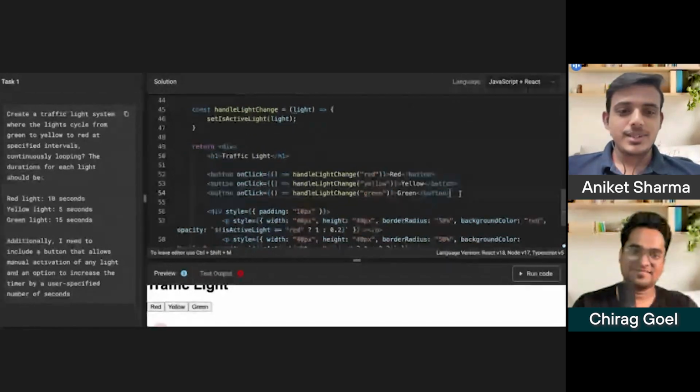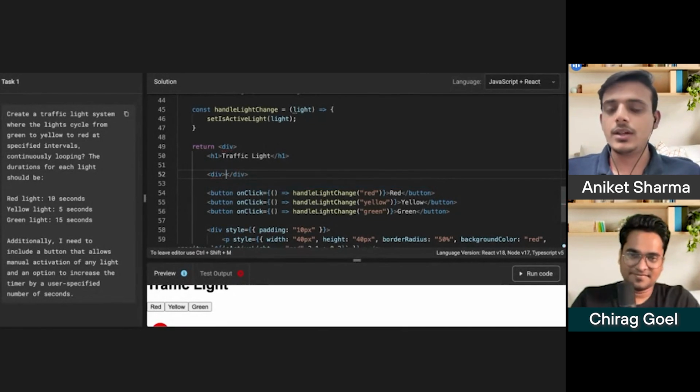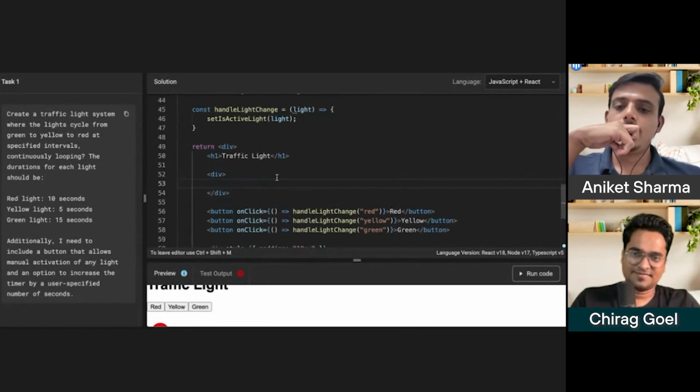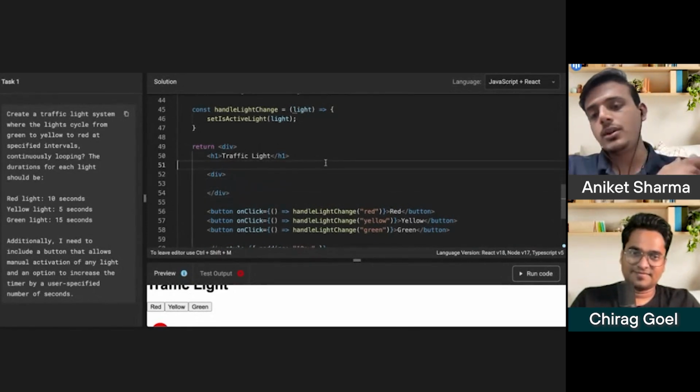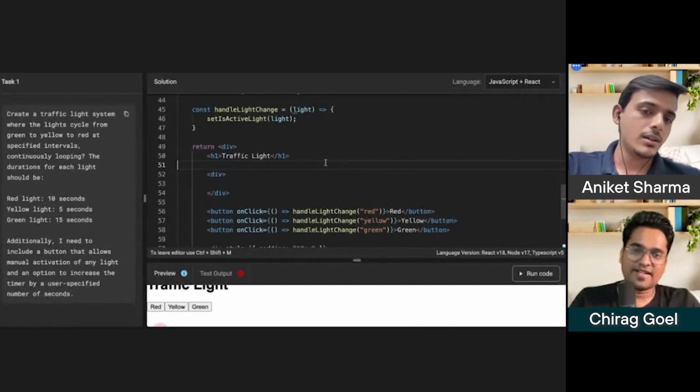Okay, so first things first, let me have an input box where the user can actually give a time input. The thing is, if we just give the input to increase the time, the user should also have some sort of a select or a drop down wherein he or she can select the active one.